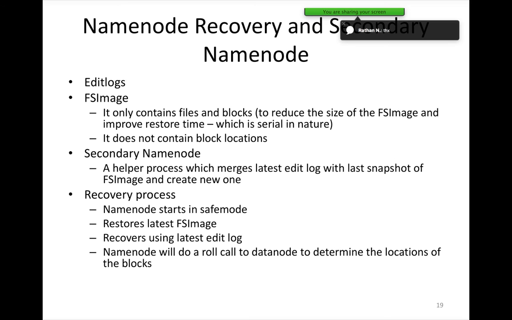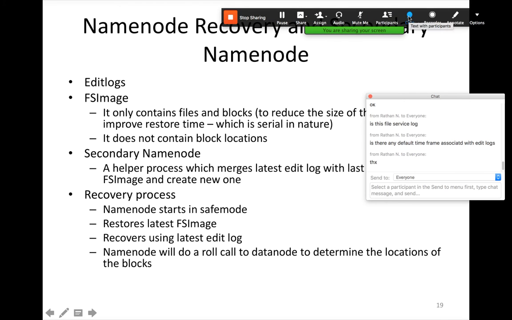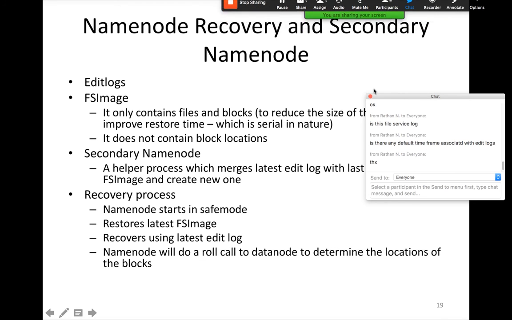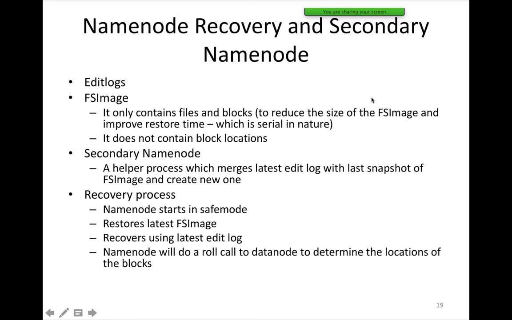For example, if you are generating 1 million transactions every 15 minutes, then the fsimage will be created every 15 minutes. That process of merging the latest edit logs into the new fsimage is called a checkpoint. So the checkpoint happens based on the earliest of the thresholds.